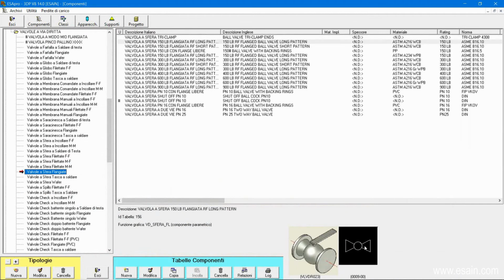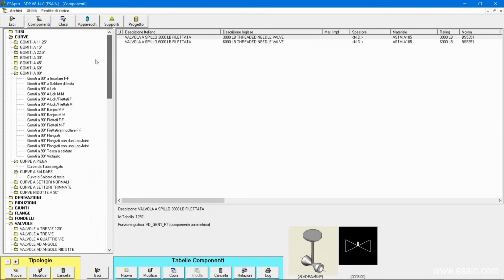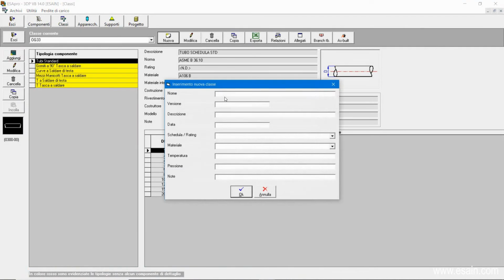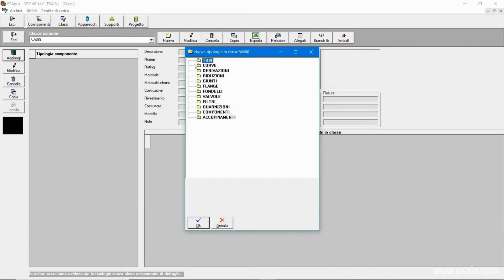Beside the piping objects, the matching P&ID symbol is shown because the two environments are integrated. We now create a new piping class by selecting the components from the catalogue. Let's create an example class for water named W001. Only the objects we add to this class can be used to model our pipeline.